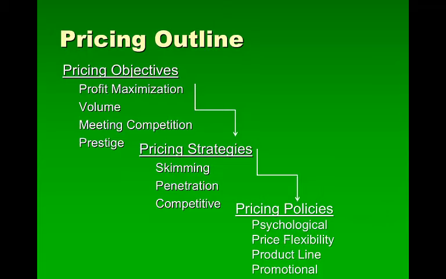The objective of meeting competition means simply meeting the competitor's price, such as Target's private brands. Lastly, the prestige objective relates to the image of quality and exclusiveness. A perfect example is a Porsche. There are 4 pricing objectives. These are outlined for you to put the marketing pricing decision in perspective.